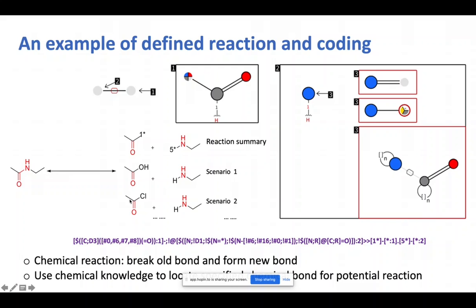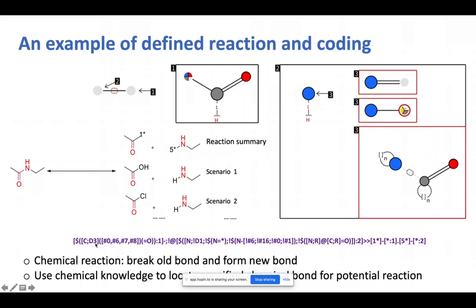So here shows this example. You can actually have this group of chemical and this group of chemical. This is just a general formula. This one star here is a placeholder. It could be carboxy group, it could be a chloride group. So this basically represents one group of a molecule. And here it could be another group of molecule. And then they can combine to have different scenarios to form this final product.